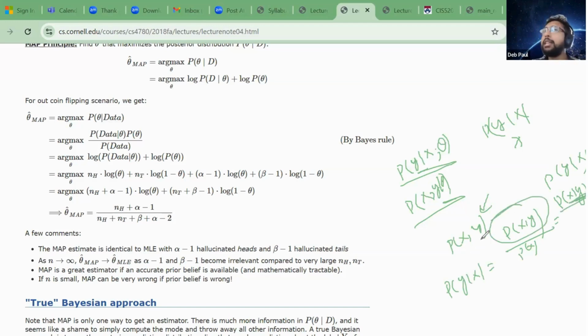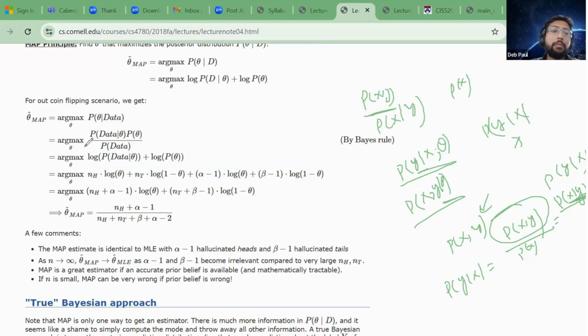But there's a boon in this, right? If you can model p of x, y together, you can actually get access to p of x given y, right? Or actually you can take this and marginalize across all y, and you can get access to p of x, right? And now we are in that framework where we can generate data. We can actually generate data. So this is that framework.